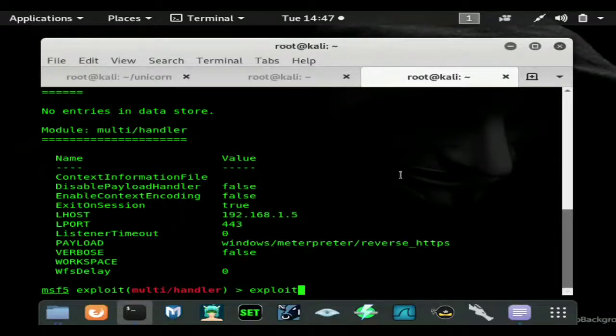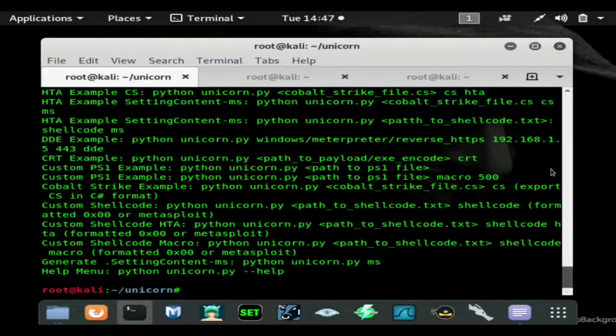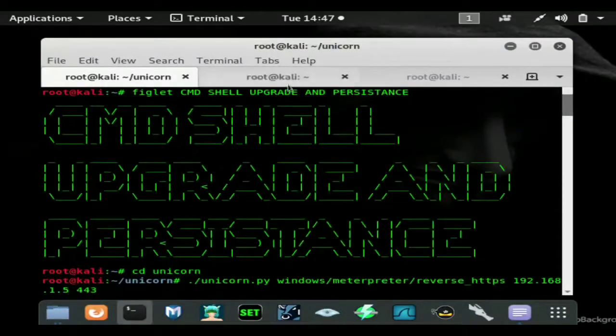You tell it to set encoding and then set the encoding type and how many times. I'll leave all the links in the description that you'll need to get these tools and understand this process more easily. But what we're doing is gaining a CMD shell, which we have, and we're gaining persistence and a bigger foothold on the system, because that's what you